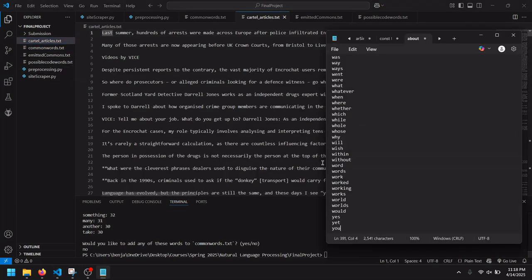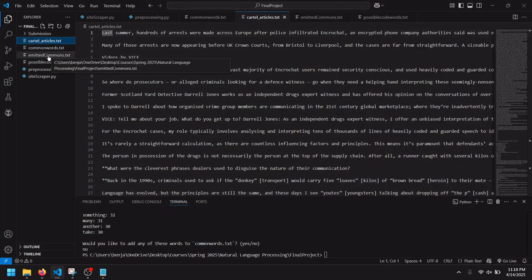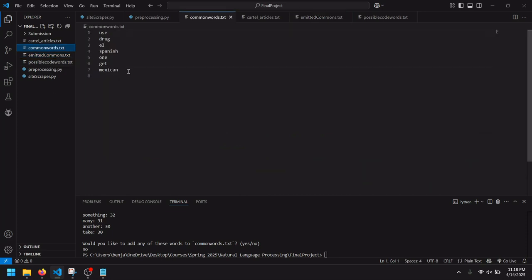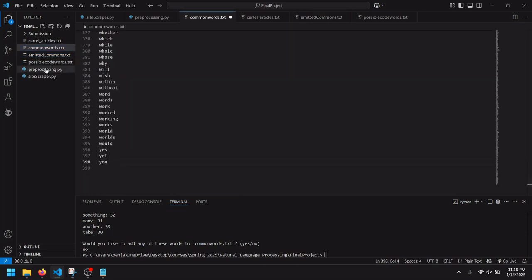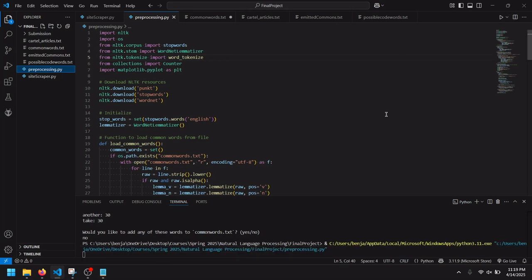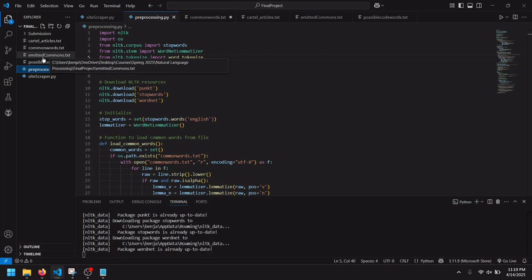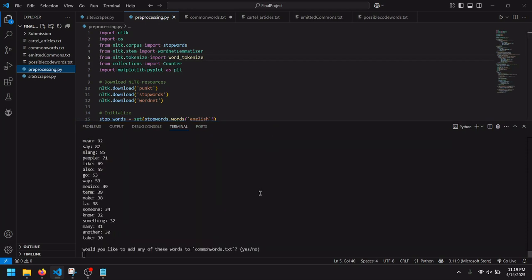So let's go ahead and go to our data set here, which has a lot of commonly used words. And that will be good to go put in our common words. So after we put that in there, we can run our function again. And this would be thousands of words that probably should not be counted, and just be using the suspicious words that it's looking for. There's a lot of words in the English language. So it's left us with this. So we can go ahead and take some of those out again.